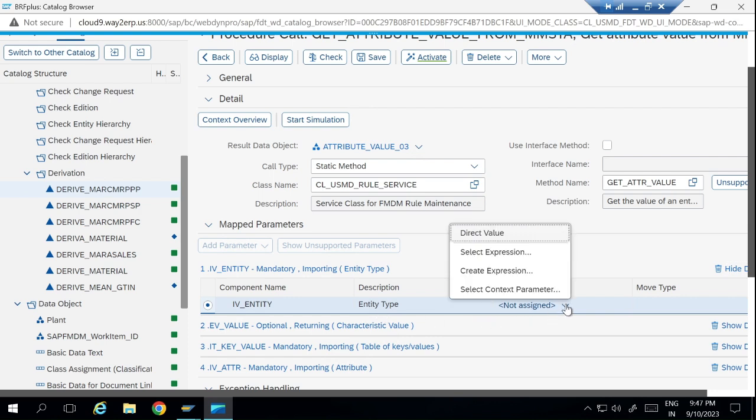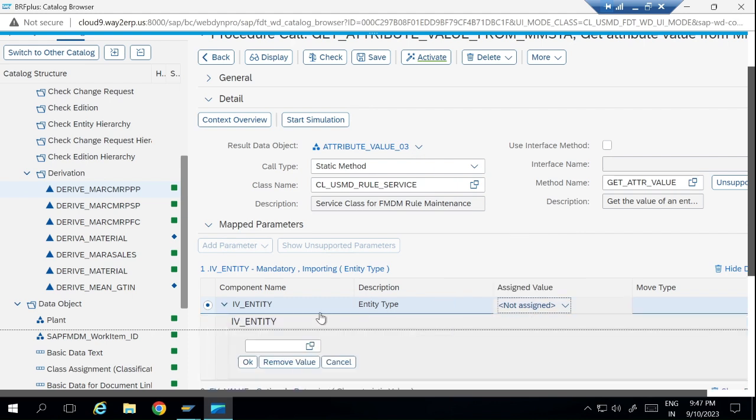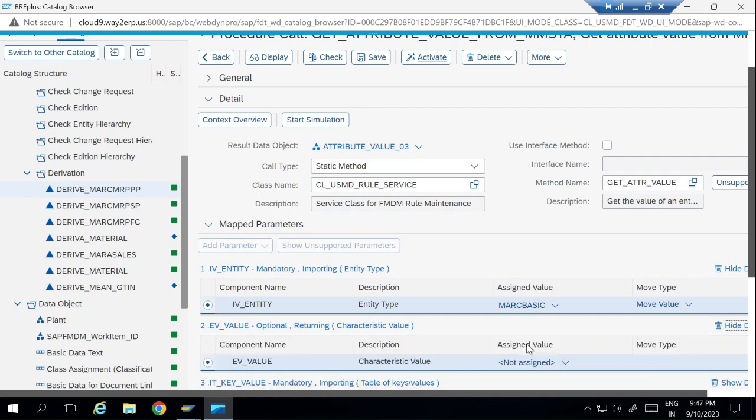So in the first case for IV entity, I can use the direct value assignment and enter the name of the entity. So this is my first entity that we said earlier, MRP basic. Then we define the second variable